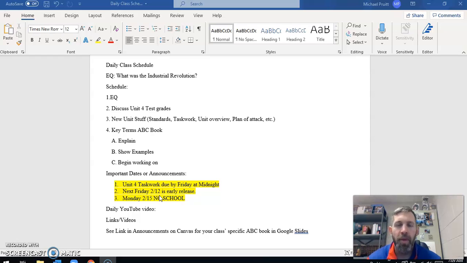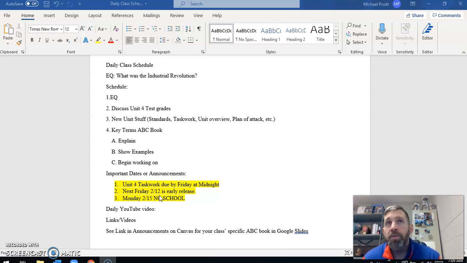If we receive them after midnight on Friday, that means that you're going to start losing points because they are late. We did 80%, 85% of the assignments in class together. So it shouldn't be that hard to turn these things in and turn them in completed and on time. We also gave you guys multiple work days throughout the unit to get stuff done and together as well.